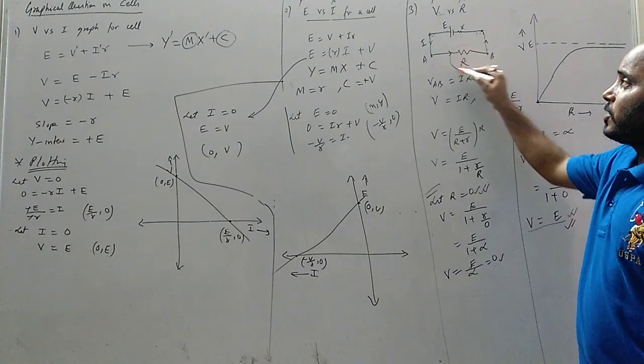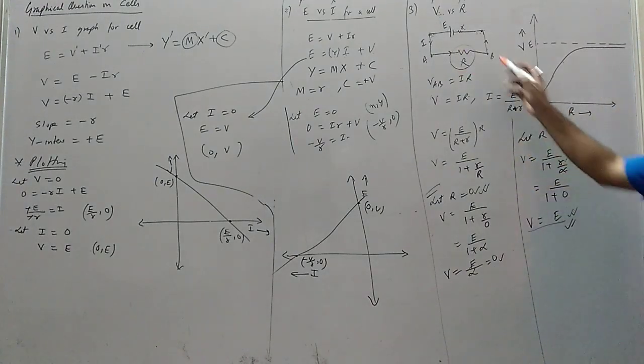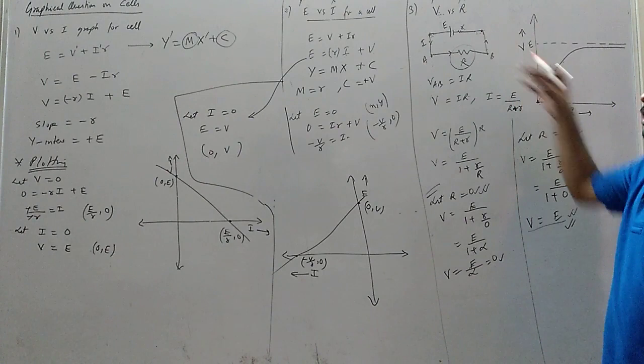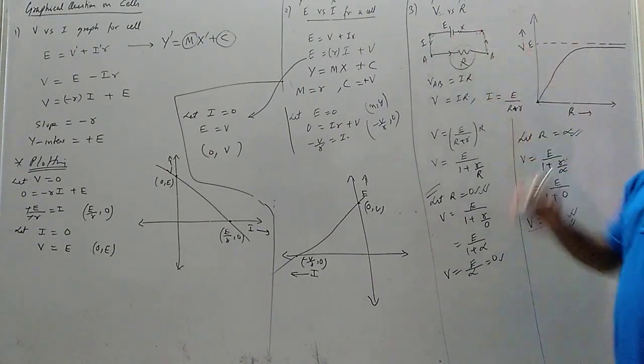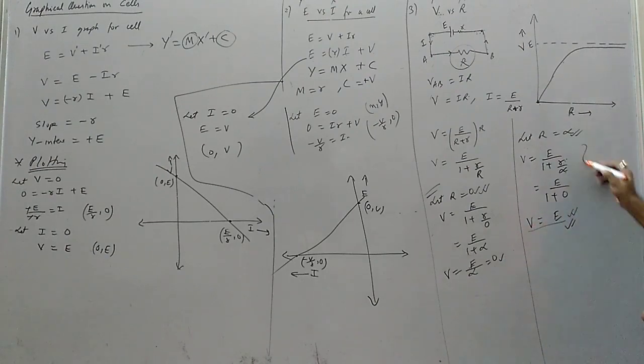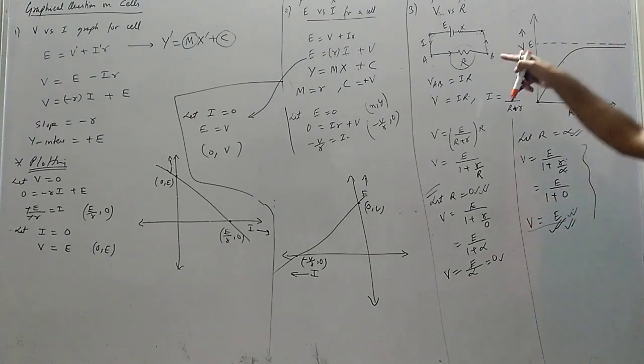So when the external resistance becomes infinite, that means the cell becomes open circuit. So it is satisfying the theory also. It is opening circuit. Open circuit में what is the potential difference across the cell? The potential difference across the cell is the EMF. See, we already got the answer also. Mathematically and theoretically, both are supported.